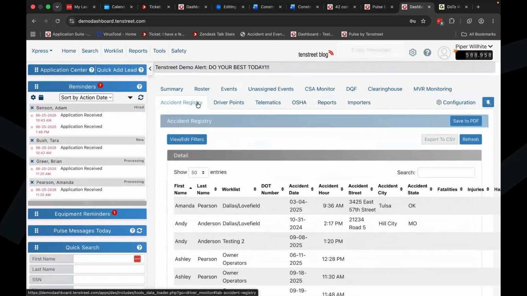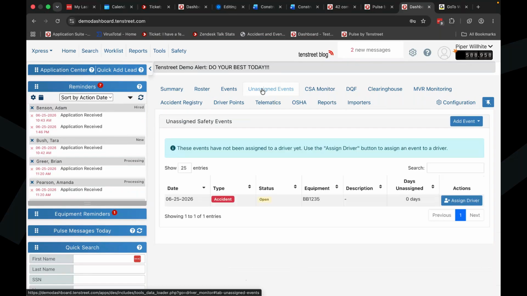That'll also work for those equipment accidents, incidents, and violations if need be. You can just leave the driver field blank, and then it'll go in under the unassigned events in there. And as you may notice, this is a new tab for us in here as well. This is where you can start tracking those events that were recorded on pieces of equipment. So if you did find out that, hey, maybe a truck got sideswiped in the yard, you don't know who did it, you just wanted to add that event to it, and then later on down the road,